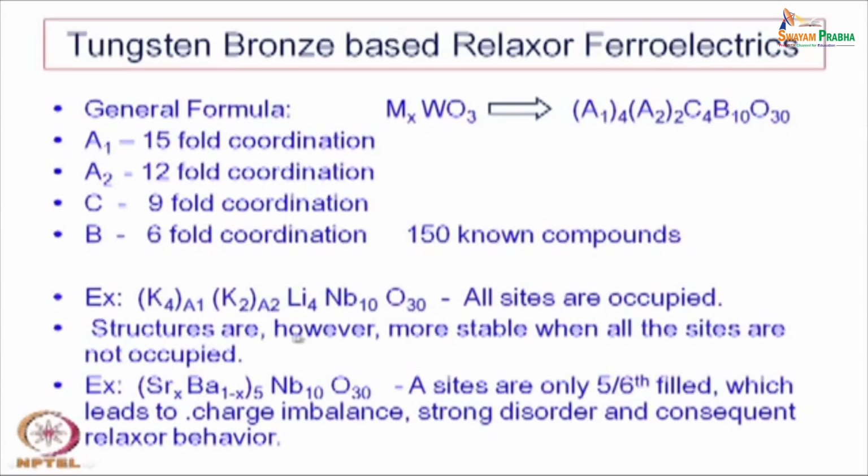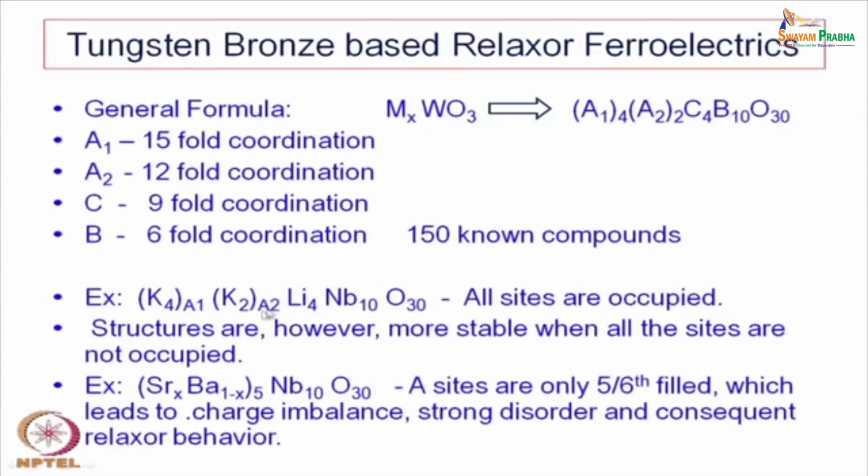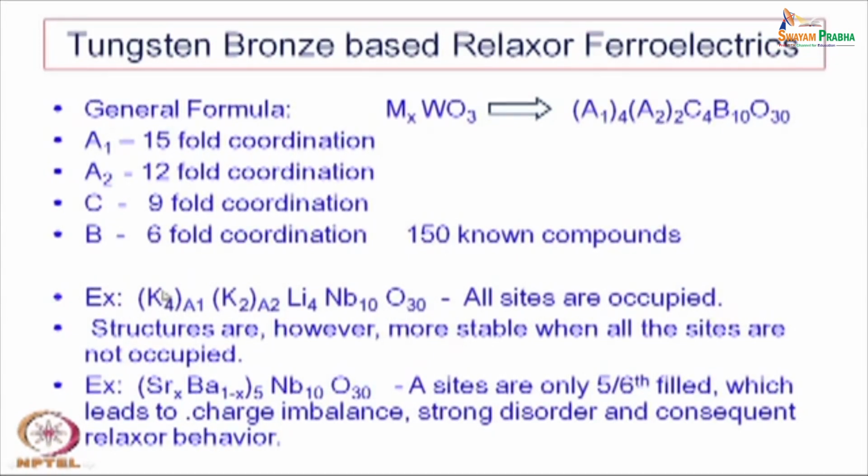If you compare this particular formula and this one, you can see all of them are occupied. There are 2 different types of potassium ions here. One is the A1 site and the other is the A2 site, having different